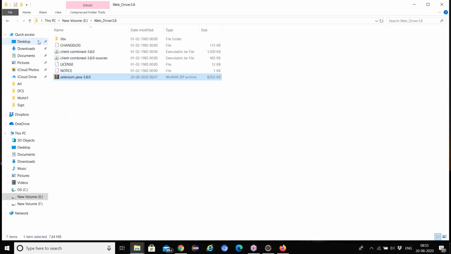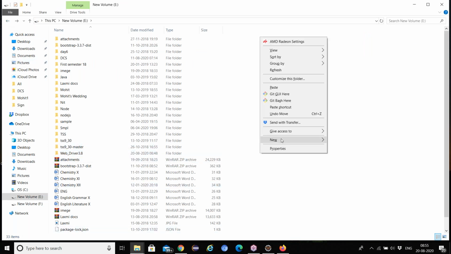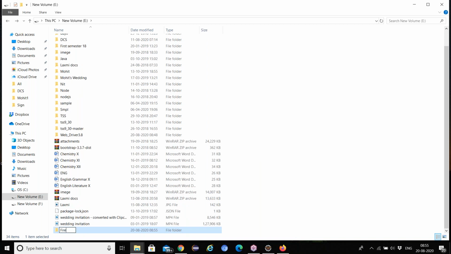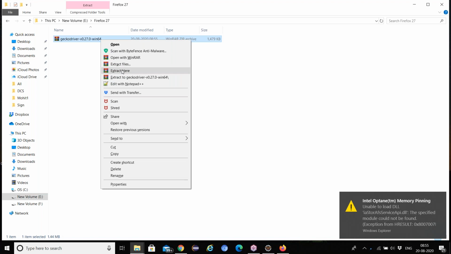Don't go to the E drive. Yeah, E drive. Create one more folder for the Firefox web driver, or the Gecko driver, whatever it may be. Name it Firefox 27, since you downloaded version 27, because you need to know the version from your folder name. Paste it here. Right click and extract here.